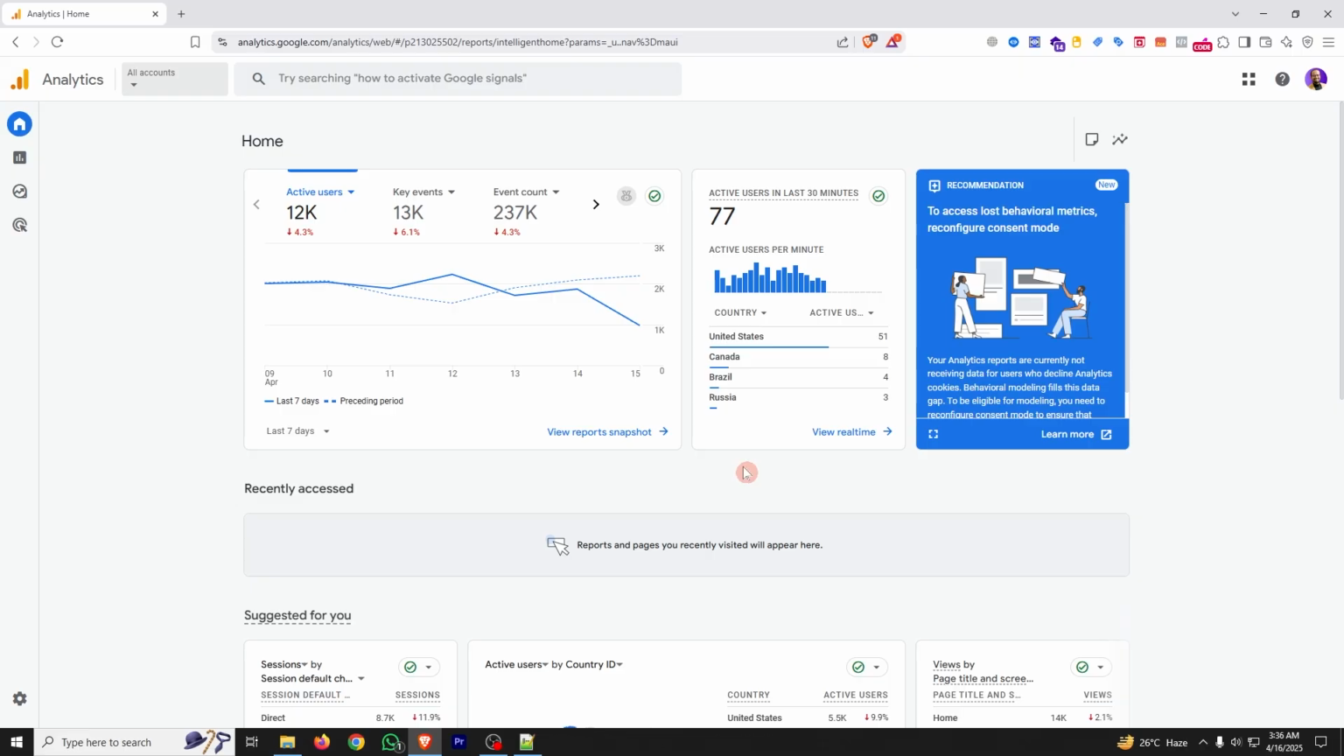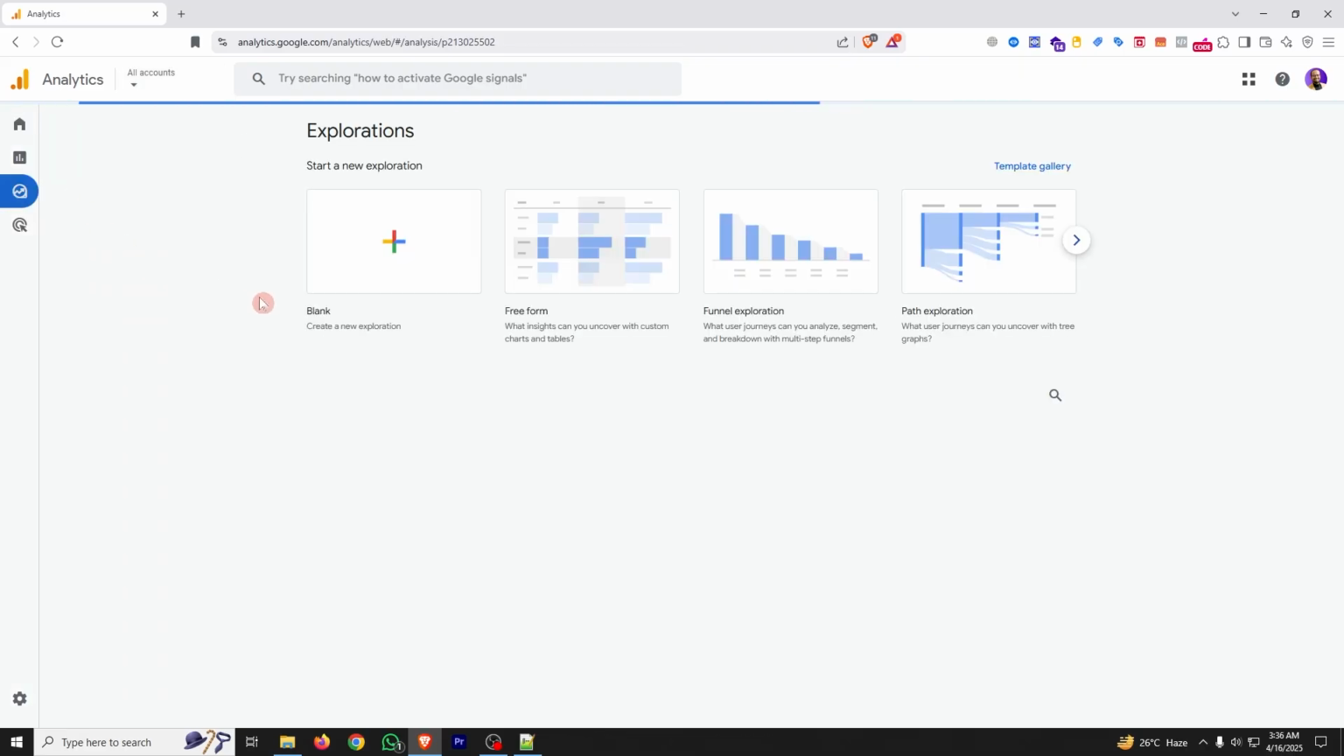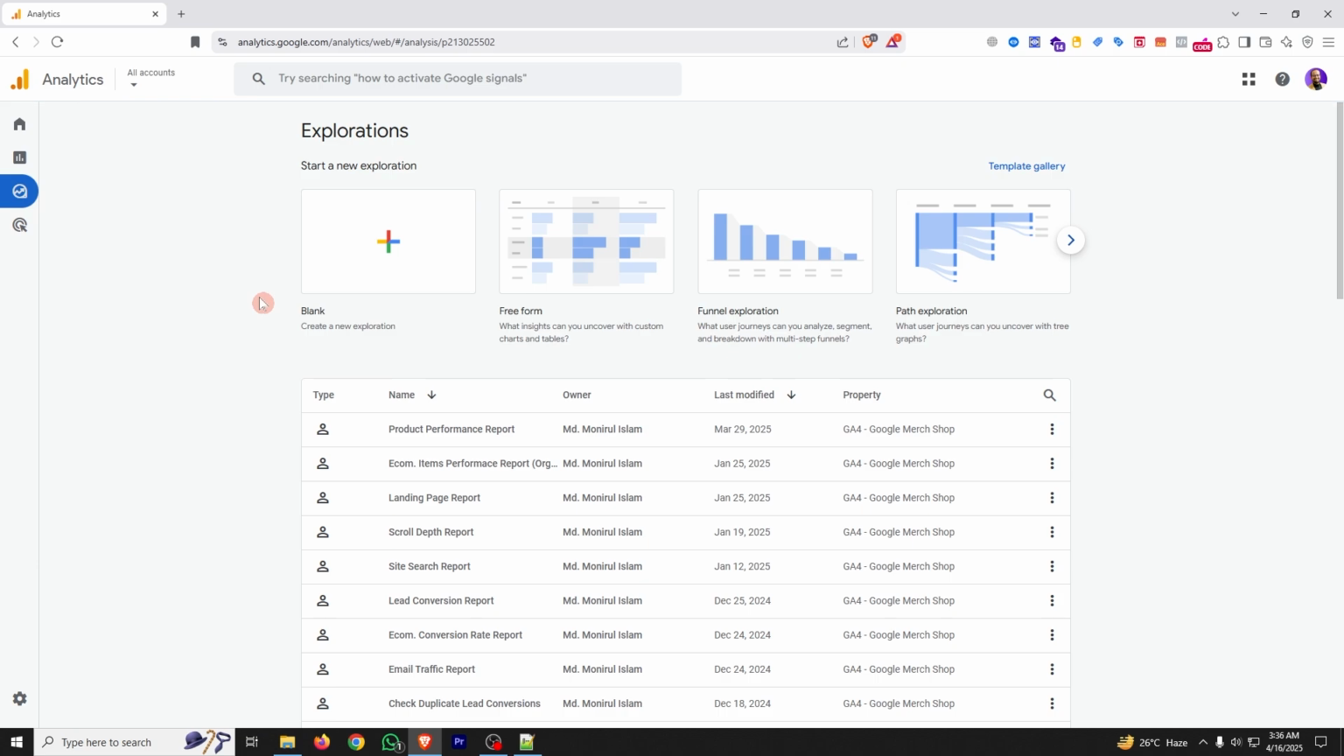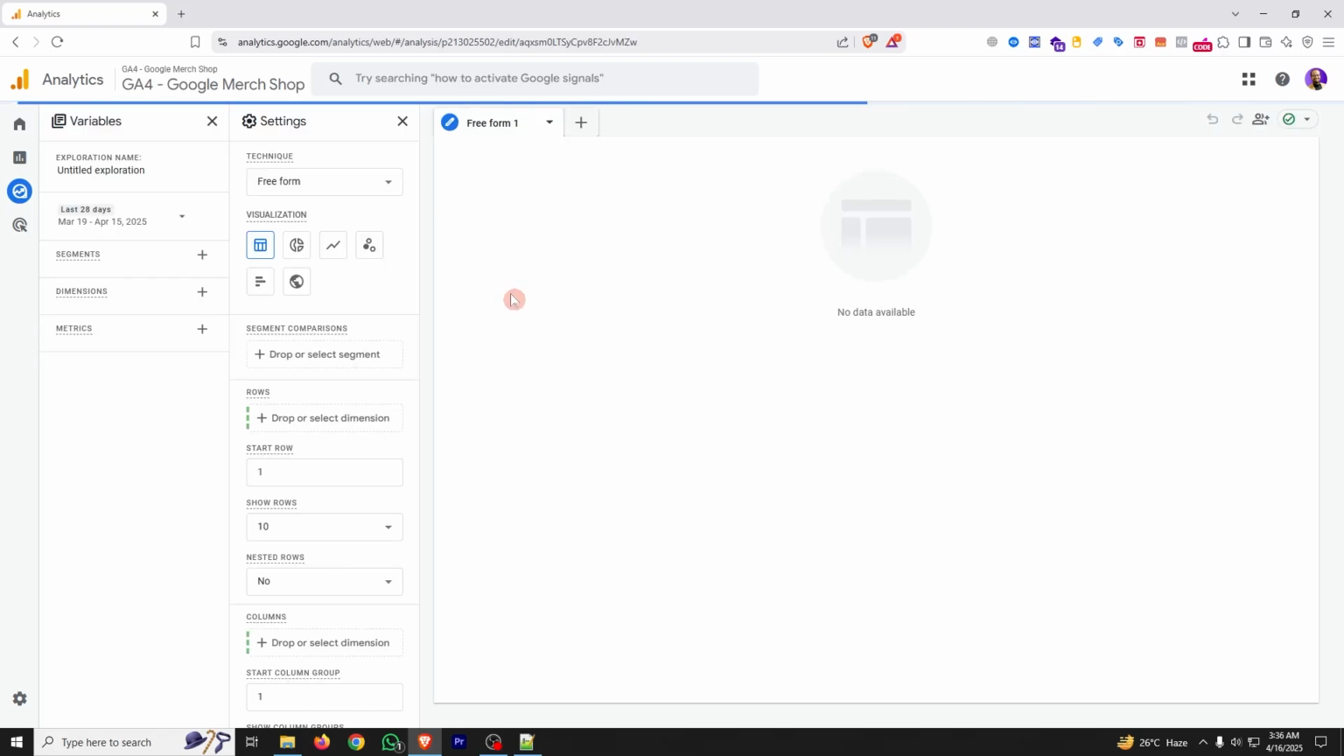To create the Google Analytics 4 report, you need to go to the exploration section of your Google Analytics 4 account. Let's go to the exploration section and create a new report from scratch. To create it, just click on the blank and it will take you in